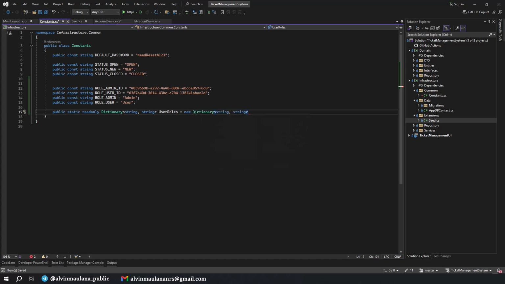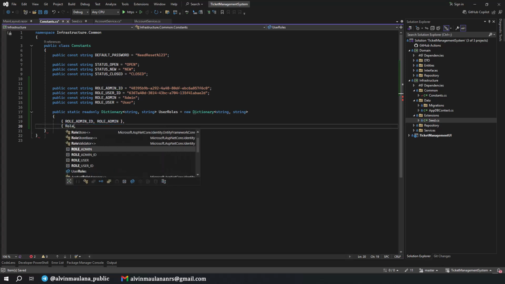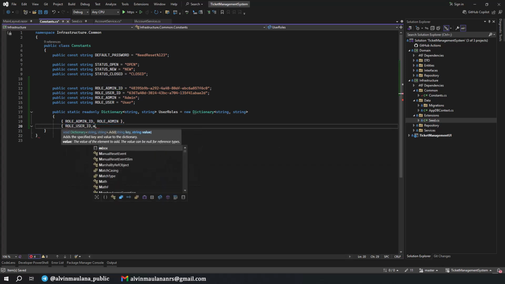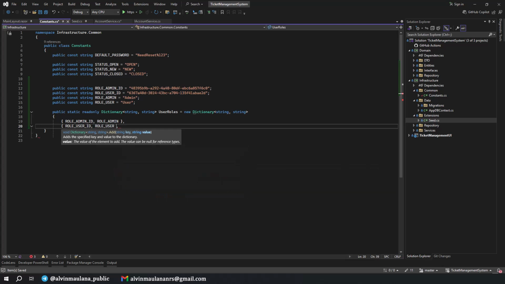By this, the first key is the role admin ID, and then the value should be role admin. Okay, and the next is the role user ID and the role user. Okay, like this.